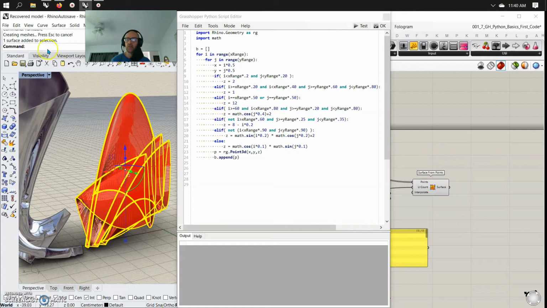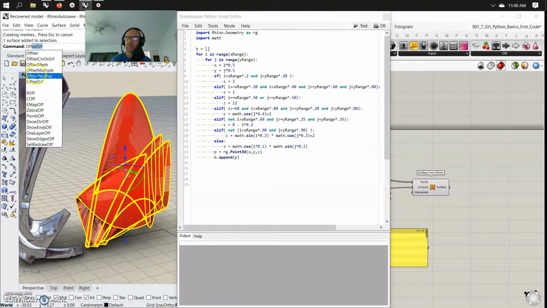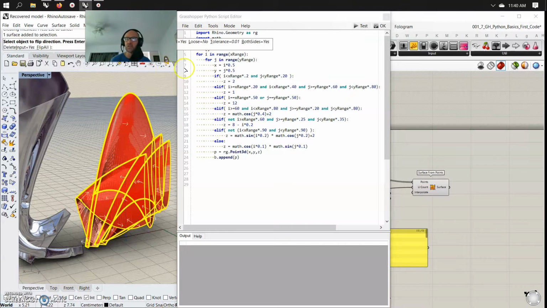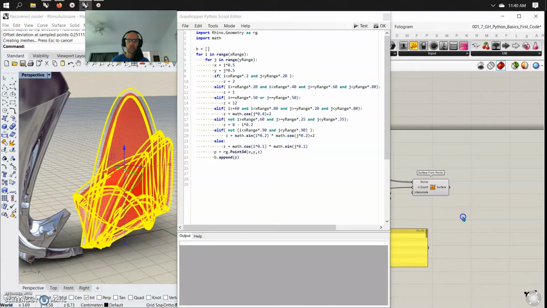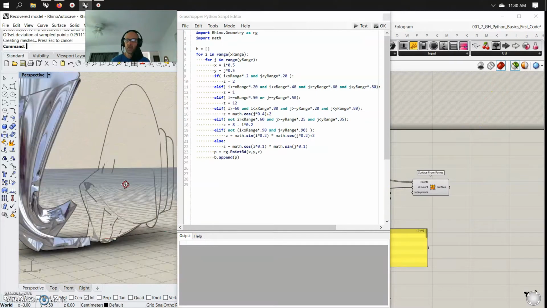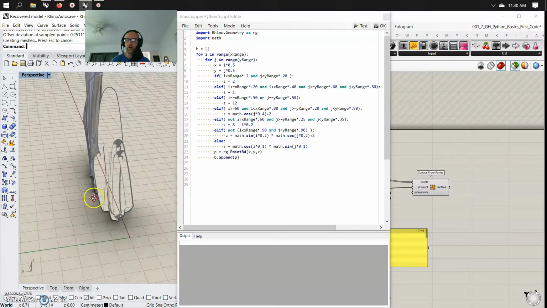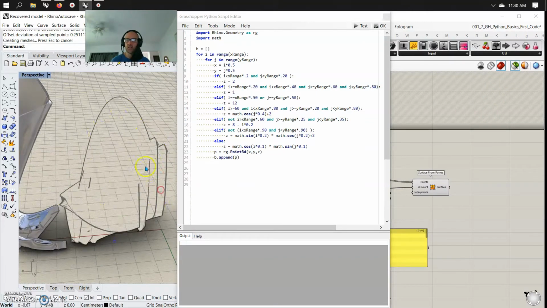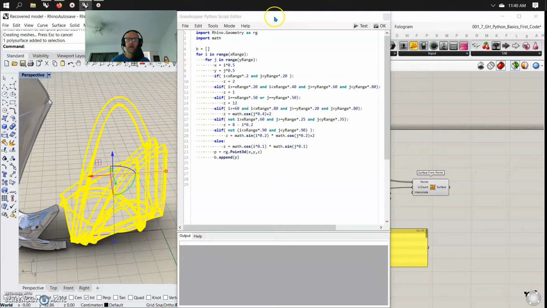But now that we have something here, we could just basically go in and do offset surface. I think it's set to both sides into 0.2. So it's the same as what it was, and I'm okay with that. It's just going to take a second to load. Let's leave our Grasshopper window once it's done pushing those curves in each direction, and you can see that you have something here that's kind of a ghosted form and awkward,